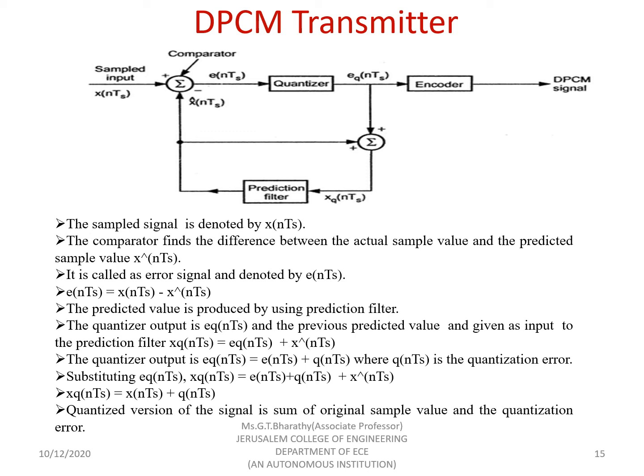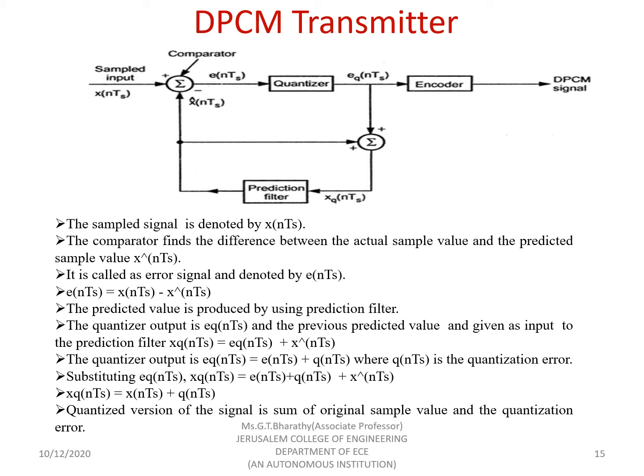So the basic difference between PCM and DPCM is, instead of encoding the quantizer output, the difference of the samples will be given to the quantizer, and only that error will be quantized and then encoded. From the diagram, we have e(nTs) as the error, which is x(nTs) minus x cap of nTs, and the input given to the prediction filter is represented by xq(nTs), which is the summation of x cap of nTs and eq(nTs). eq(nTs) is the output of the quantizer.